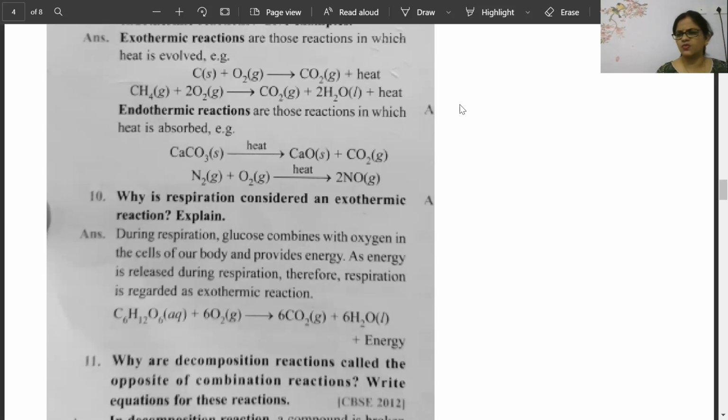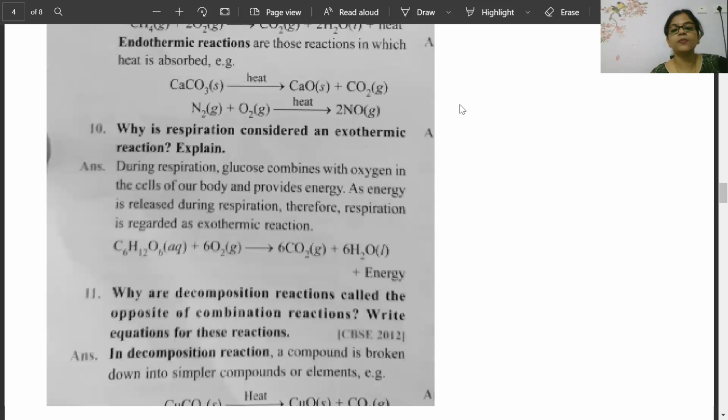Electricity decomposition. What is that electricity decomposition, Bhumi? Just we can explain this to complete the answer. Saranya, in combination reaction, two reactants combine to form a product, and in decomposition reaction, one reactant gives two or three products. Kritika, okay, correct only. When you are giving the answer, it's better to give an example to support your answer. Let's see, they might have given the example also.